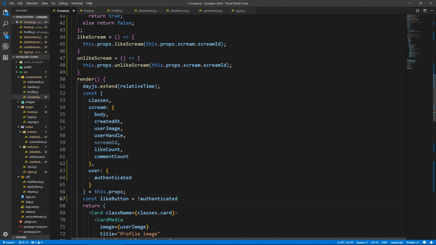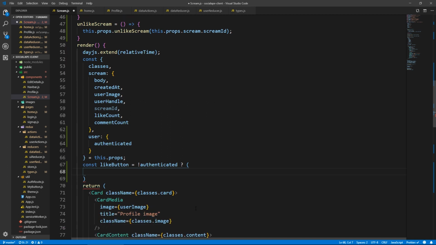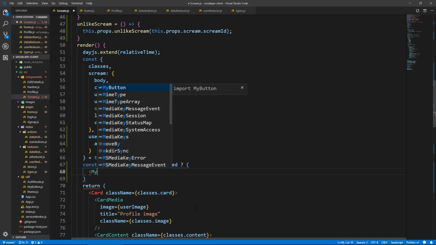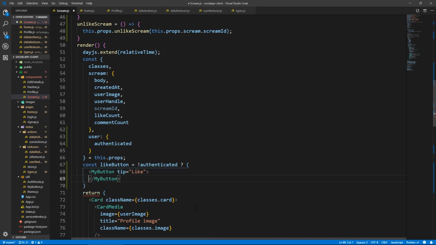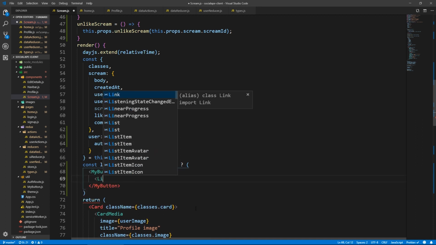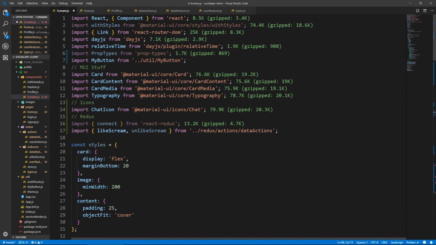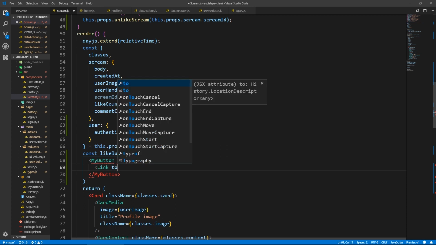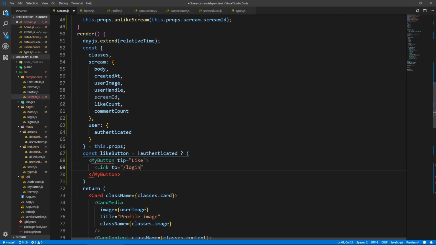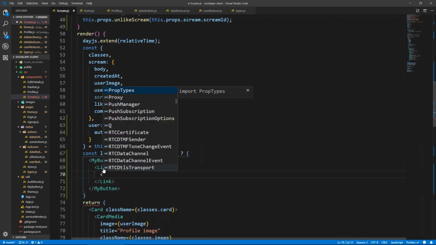So if not authenticated, then what we need to do is show a button, MyButton. The tip will say like, and inside of this button we're gonna have a link. Let me make sure, do we have it? Yeah, we have Link imported. So Link to /login. So if we're not logged in, it's gonna redirect us to login, and we're gonna use